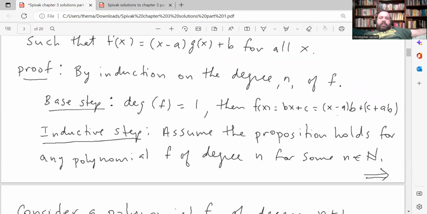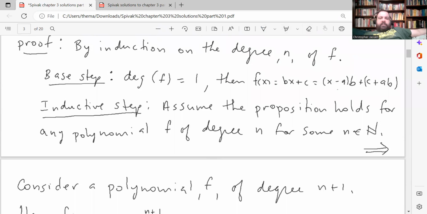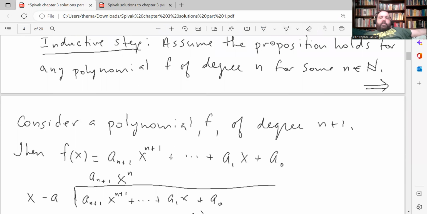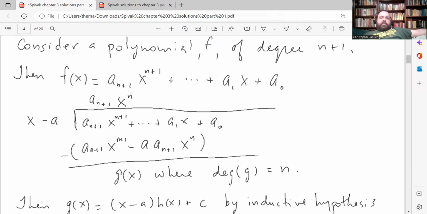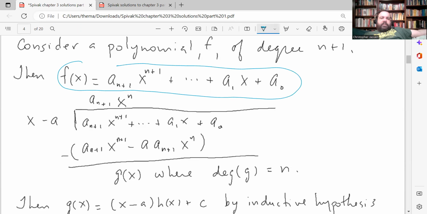The inductive step: you always start with the inductive hypothesis. Assume the proposition holds for any polynomial f of degree n, for some natural number n. Consider a polynomial f of degree n plus 1. Then you just do your long division of polynomials, if you remember back to pre-calculus. So f of x, if it has degree n plus 1, looks something like this. Divide by x minus a, and you get this quotient on top, and when you subtract, you end up with some polynomial g of x, where the degree of g of x